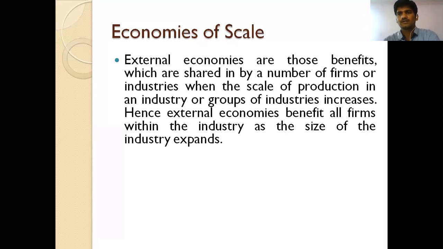So that is again the part where we will see what is the difference between a firm and an industry. Here, external economies are those benefits that are shared by a number of firms or industries, and how they are going to be organized. Maybe they will take common factors. For example, we can take taxes. How is the tax going to be considered in a single industry, a single organization, or a single firm? So it is common.